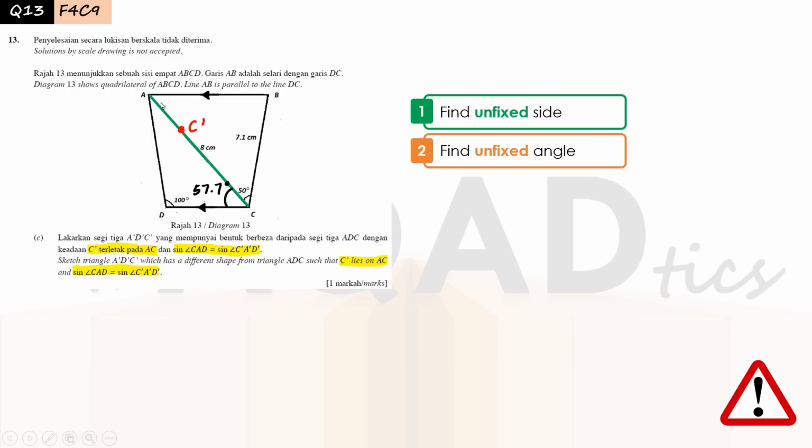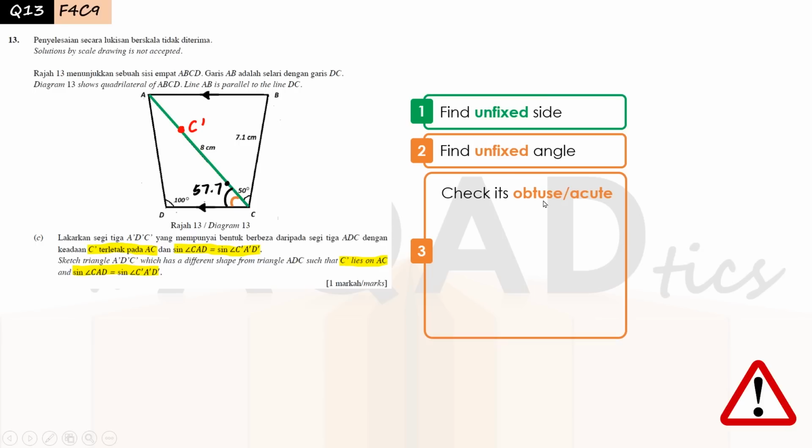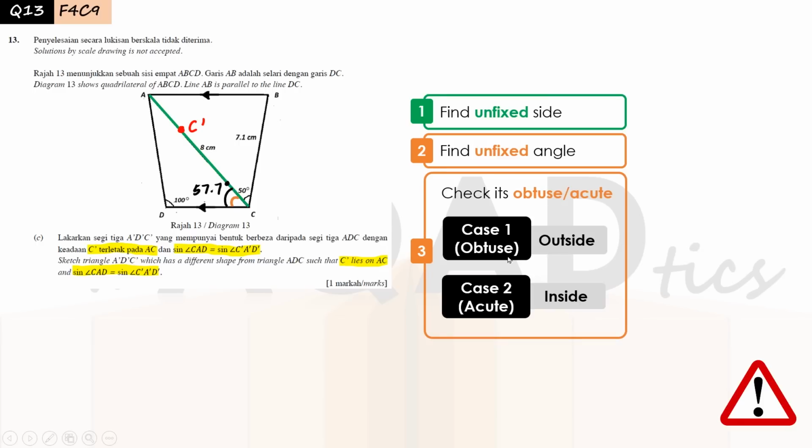So according to the angles which are attached to the side, which are A and C, we need to find which one is unfixed. Okay, so here, in this condition, it says that angle CAD is fixed. So that means the angle C is unfixed. Alright, and going to the third step, according to the unfixed angle, we are going to see whether it is obtuse or acute. And according to obtuse or acute, we are going to draw the triangle to the inside